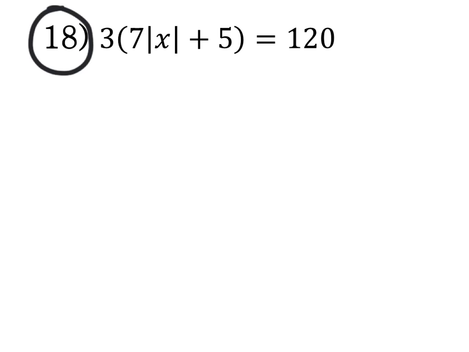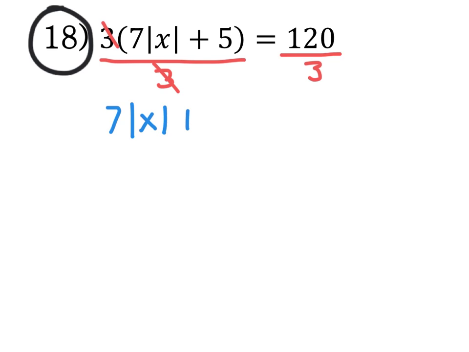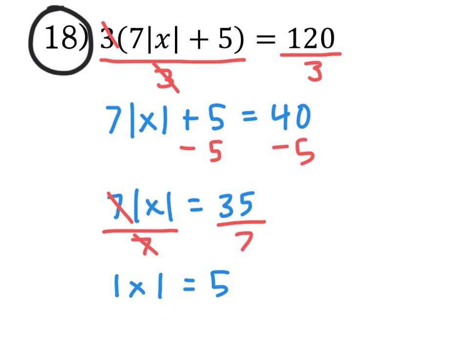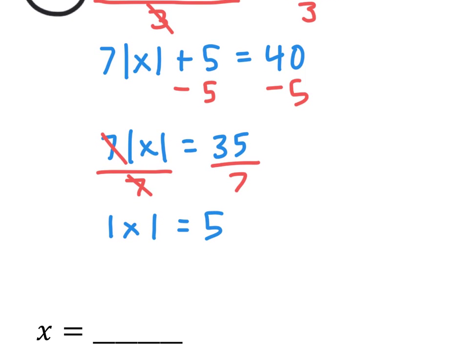So, the way we start is we divide both sides by 3. The 3's on the left cancel, and it leaves you with 7 times the absolute value of x plus 5 equals, and 120 divided by 3 is 40. Now we subtract 5 from both sides. So 7 times the absolute value of x equals 35. Now we divide both sides by 7. These 7's cancel. So the absolute value of x equals, and 35 divided by 7 is 5. And one last step, we can drop the absolute value symbols if we add the plus or minus to the right side. So x equals plus or minus